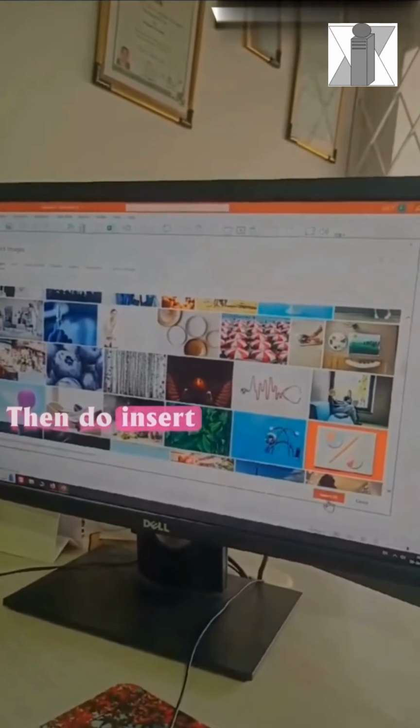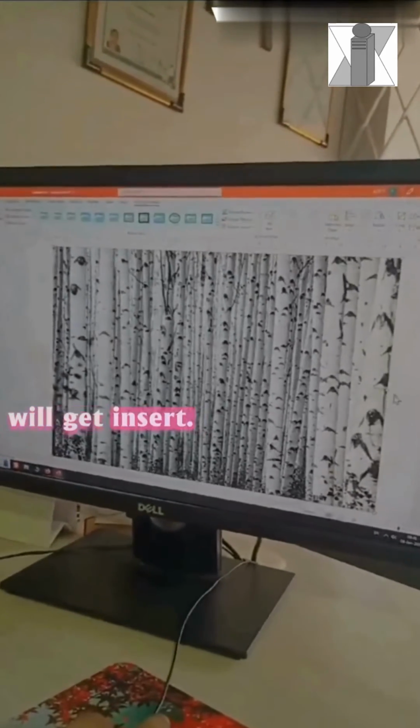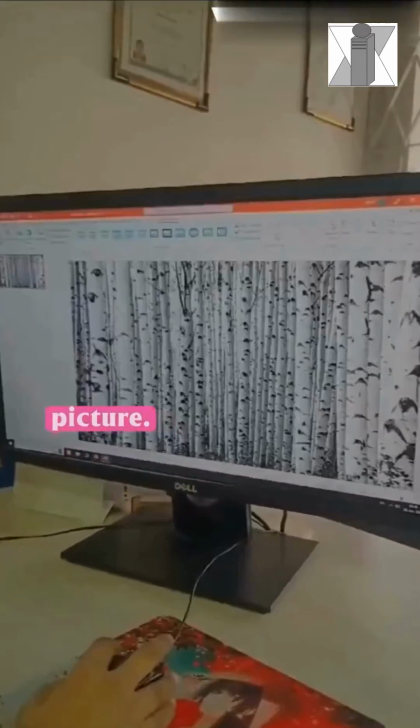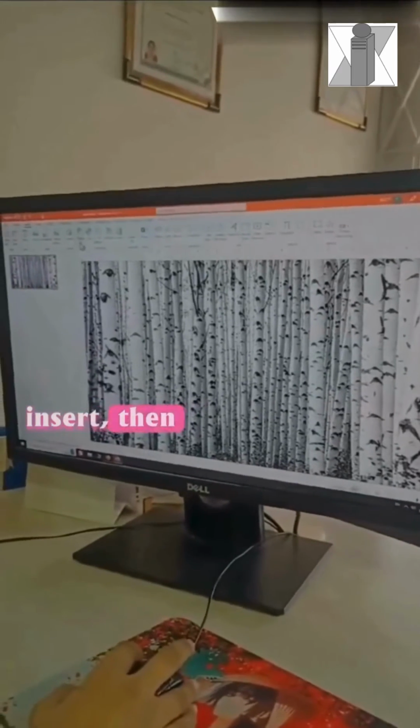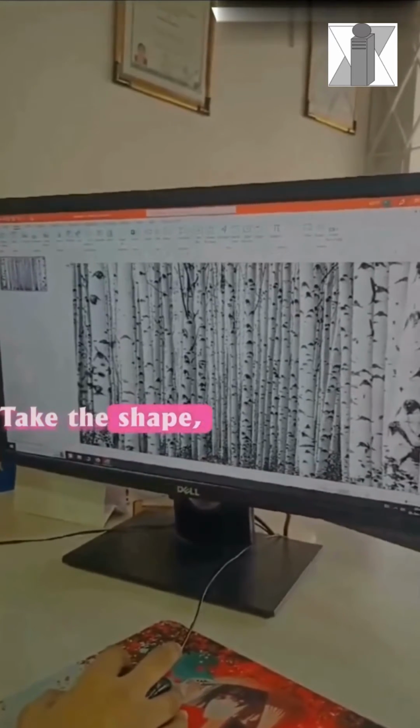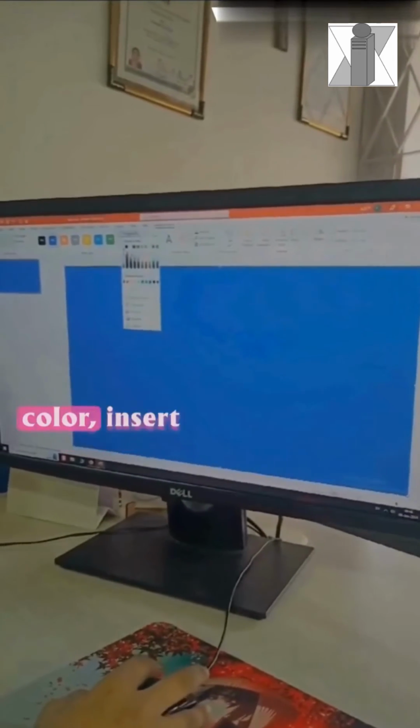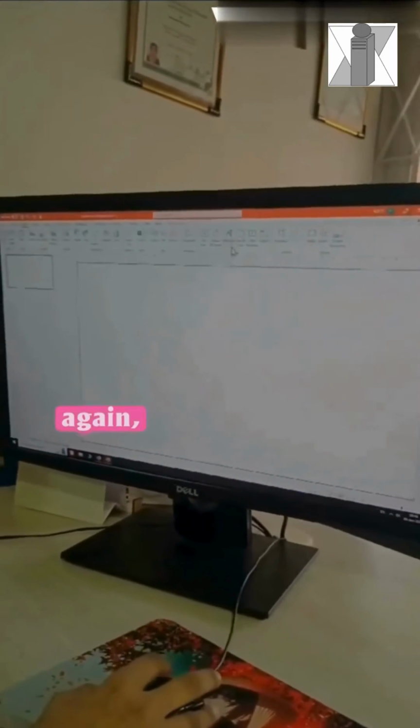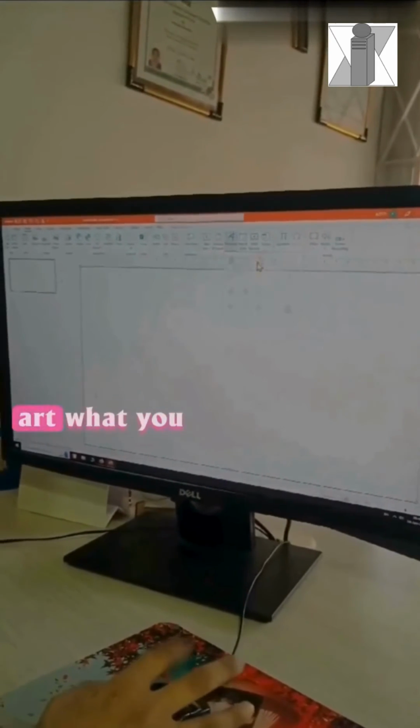Then do insert. So that picture will get insert. Then adjust the picture. Go again to insert, then shapes. Take the shape. Insert the shape, change the shape color, insert again, then word art, take the word art what you want, type